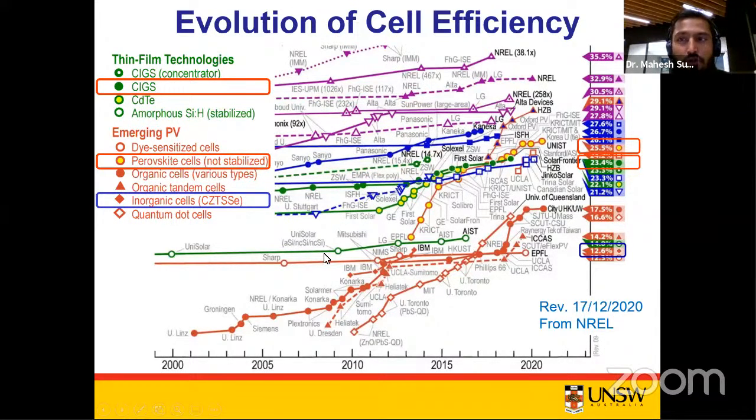This graph shows the evolution of the solar cell efficiencies of different thin film solar cell technologies. Recently, the halide perovskite solar cell technology has achieved a world record efficiency of about 20.55%. I guess recently it has been improved to 25.6% within a span of less than 10 years. Whereas the chalcopyrite CIGS thin film solar cell technology, that's the green one, has achieved an efficiency of 23.4% over several decades, starting from about the 1980s, and has already been commercialized.